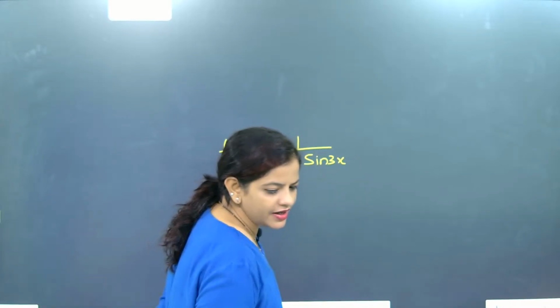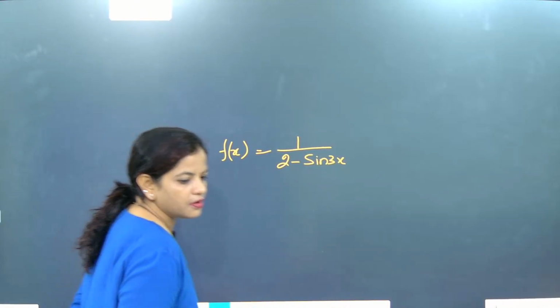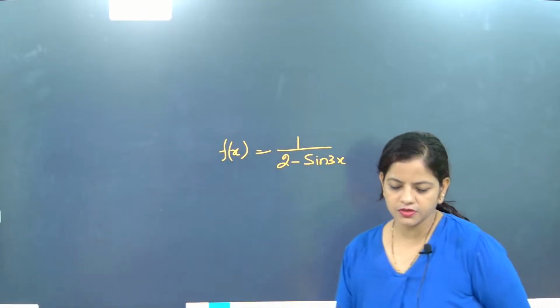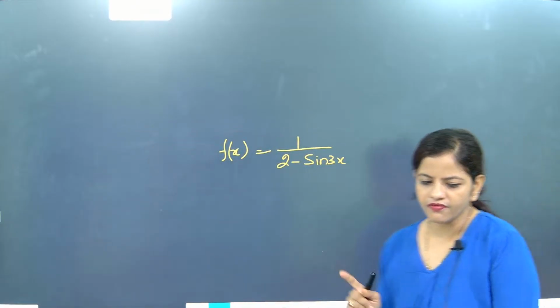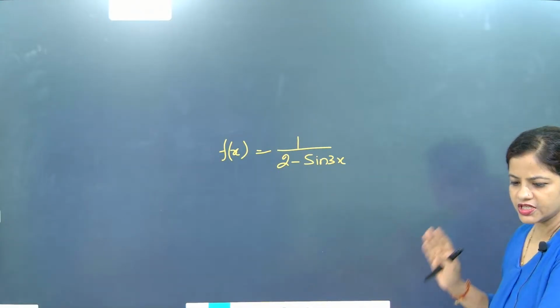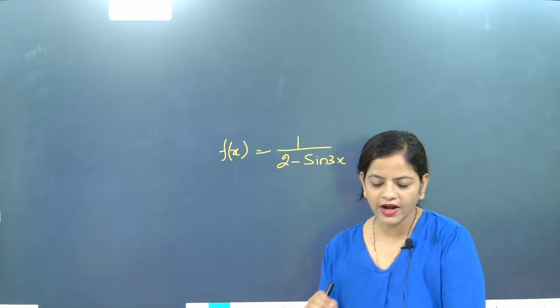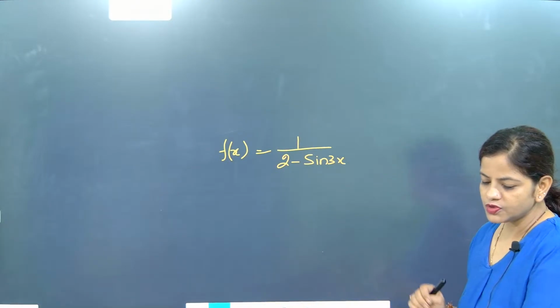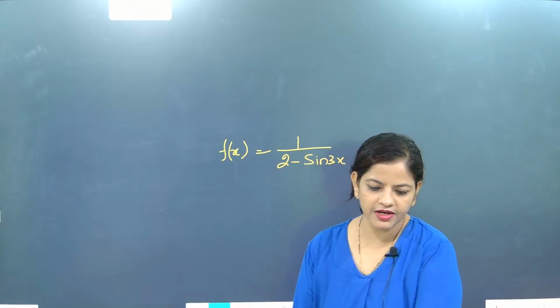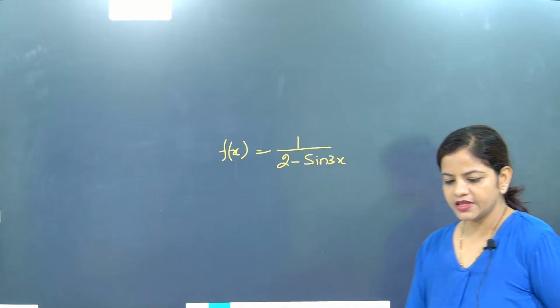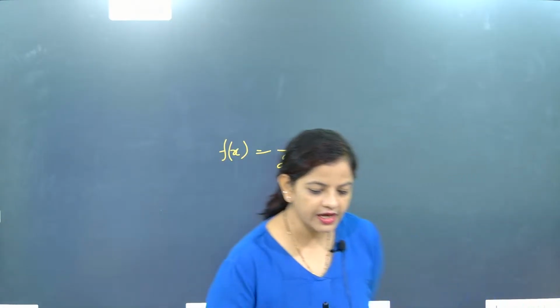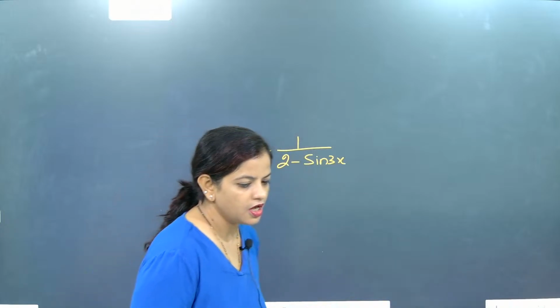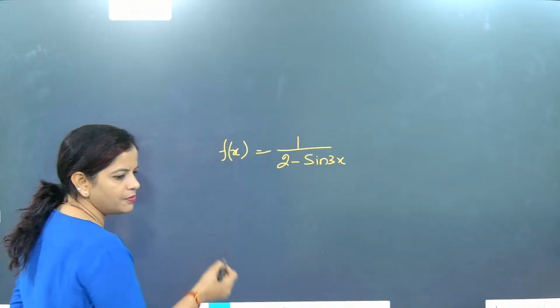See, finding the domain is not a problem because the domain will be the set of real numbers. Now, finding the range is a bigger trouble. How to find the range in this? Most of the time students have problems finding the range in this. So how to get the range out of it? A simple technique I am teaching you. Just follow this. You know that sine x will be lying between